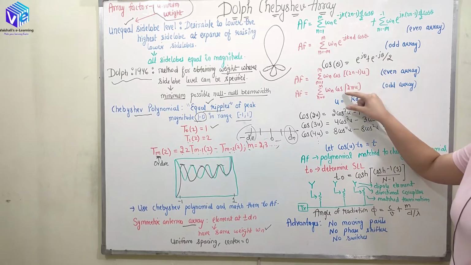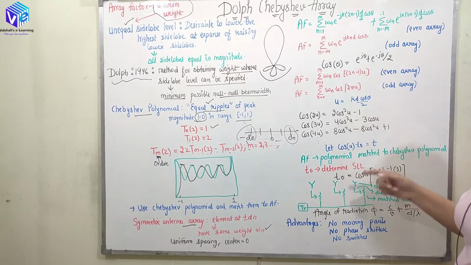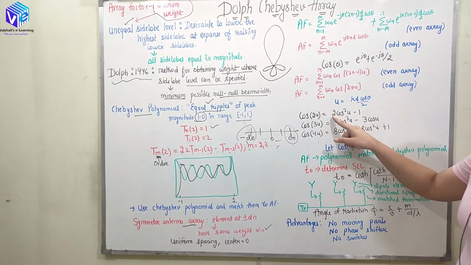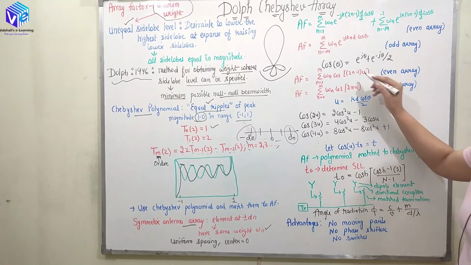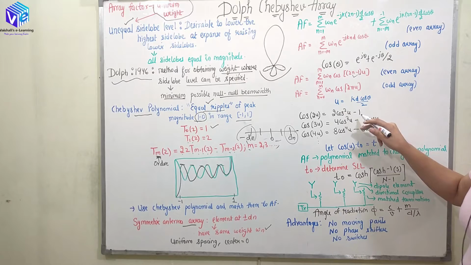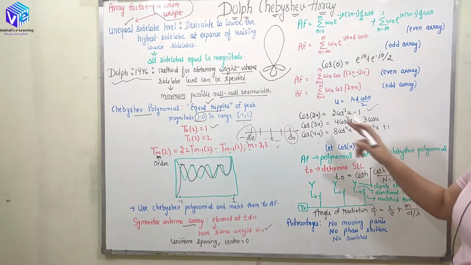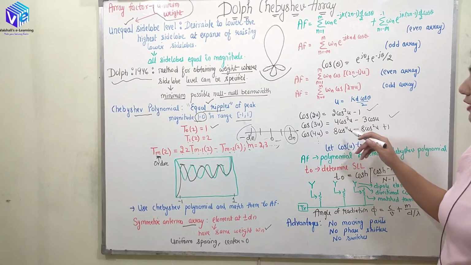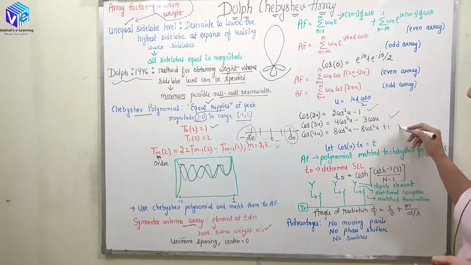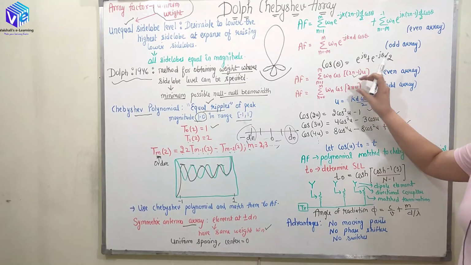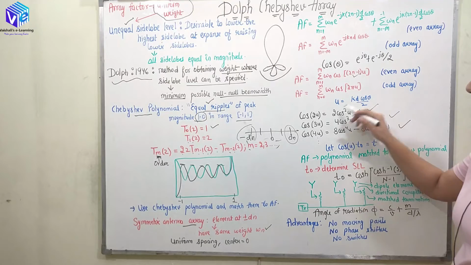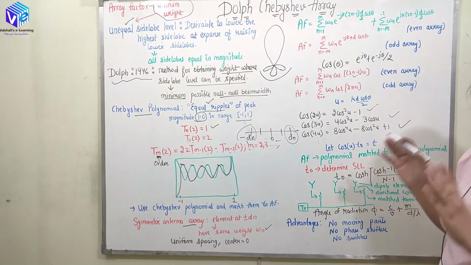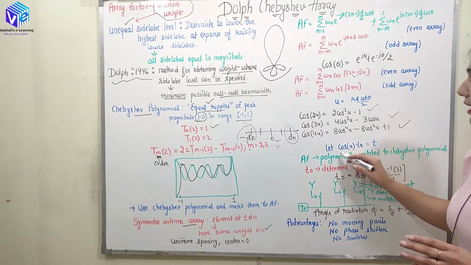So you can see we have represented the cos, and now we know the formulas for cos. Cos 2u can be represented as 2 cos square u minus 1. So whenever I will be having here cos of 2u, I can represent it as 2 cos square u minus 1. Cos 3u can be represented as 4 cos cube u minus 3 cos of u. Cos 4u can be represented as 8 cos fourth u minus 8 cos square u plus 1. So when I represent all of the cos terms here in their power form, I will be getting a Chebyshev polynomial.